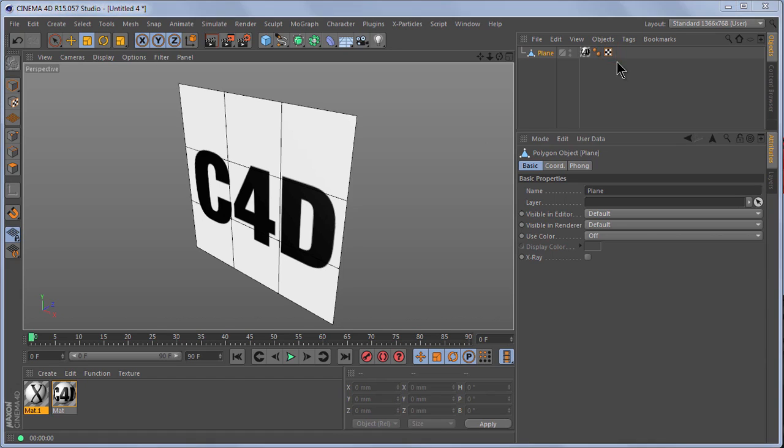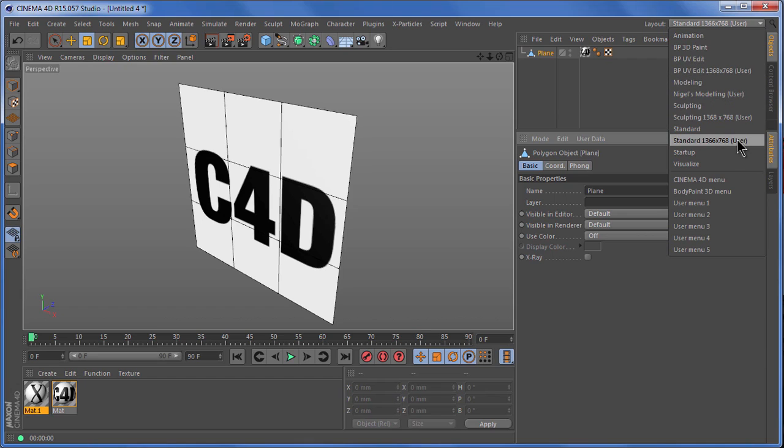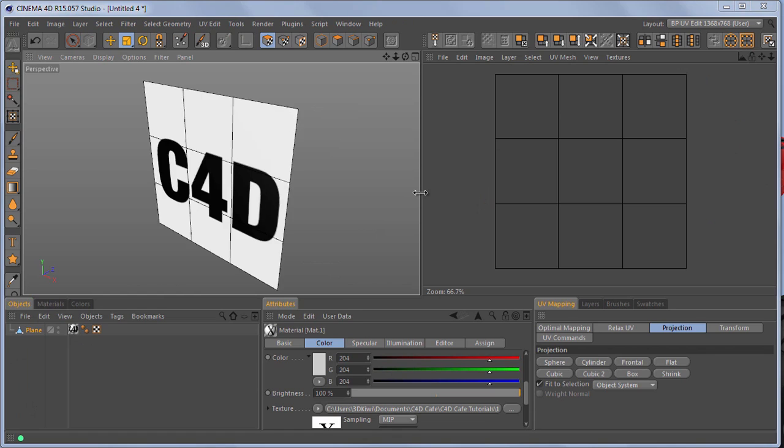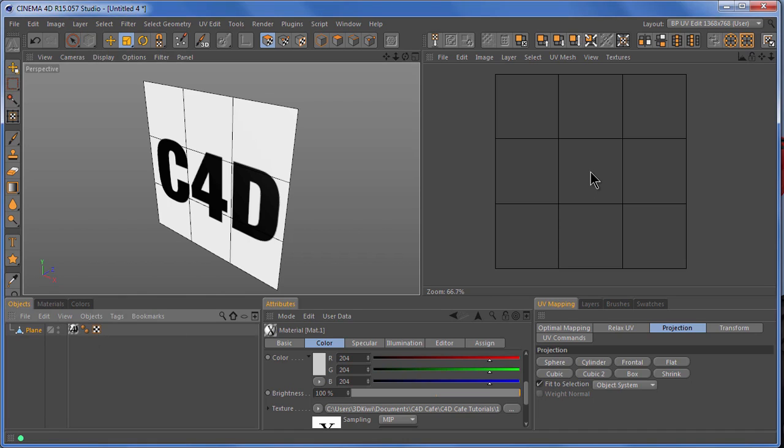Okay, there it is. I've highlighted it. And I'm just going to come into a body paint UV edit layer. I've got one set up at the right size. Where is it? BP UV edit. There, like that. So you've got a 2D texture view here where you can see your UVs. If the UVs aren't visible, and sometimes they're not, what you do is click on the UVW tag and drag and drop it into the 2D view. And what I'm going to do, I'm going to come into a UV